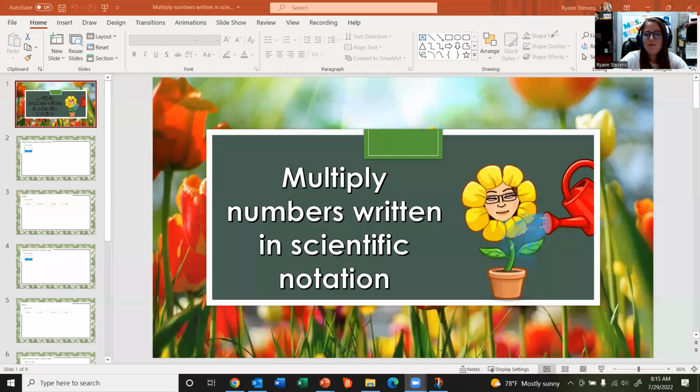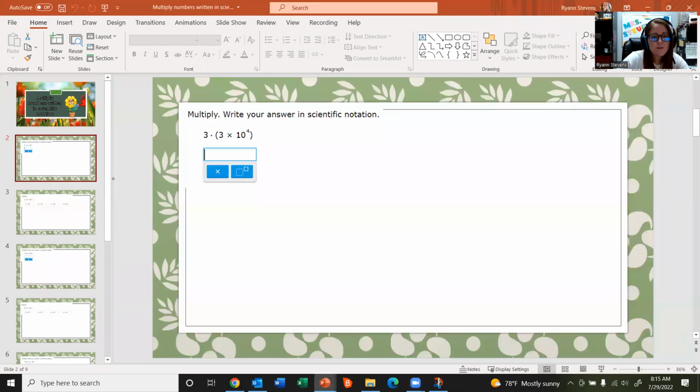Hello and welcome. We are going to look at multiplying numbers that are written in scientific notation. So as we look at this example, just some things that we want to remember before we get started is